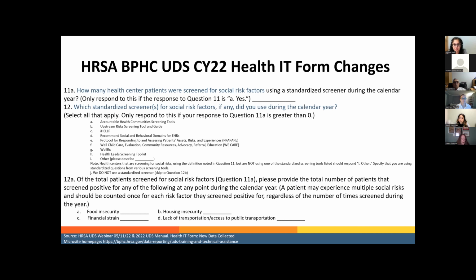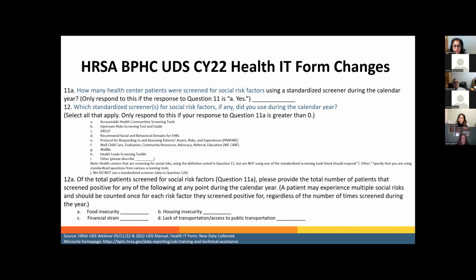Just a couple of quick reminders or connections, since all of you are federally qualified health centers. This first slide is just to remind you that in the Uniform Data System, or your UDS, you've had, well, not always, but for many years, a health information technology capabilities form that you fill out, and you're required to answer those questions.